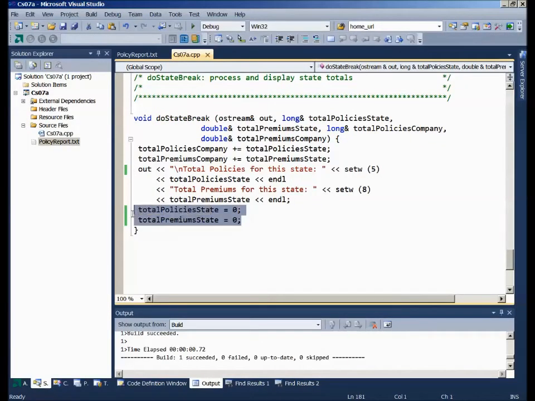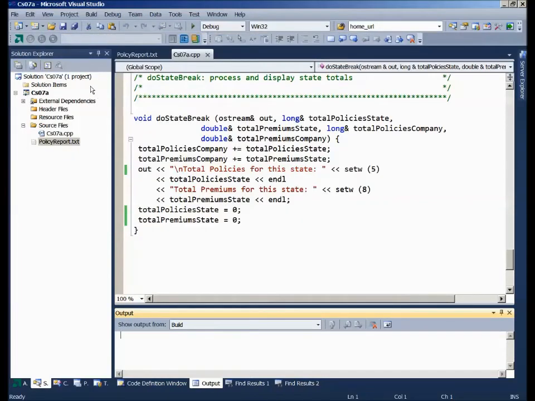So here I've moved the total policies initialization, total premiums for the state back to 0. I've moved those totals down here below the end of the output section. And we'll run it again. I'll rebuild it and run, and we'll take a look at what the output looks like this time. And if we look,